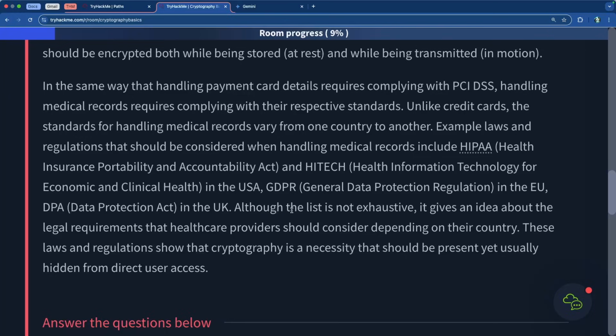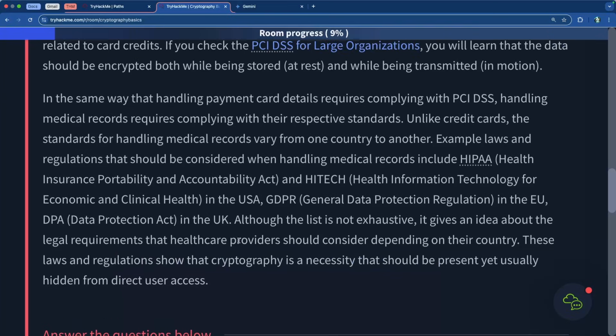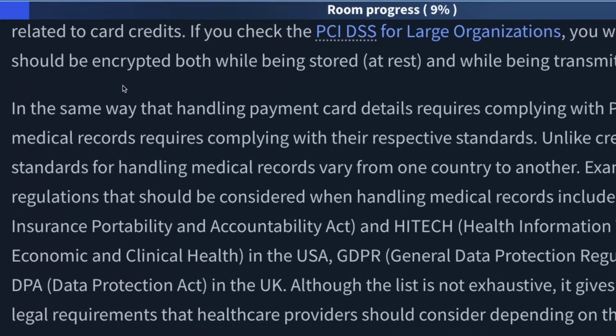This list is not exhaustive because there are so many regulations. It just gives you an idea of all the legal requirements that healthcare providers should consider depending on their country and so on. So these laws and regulations show that cryptography is a necessity that should be present, yet usually hidden from direct user access. Just to give you an idea of what it actually looks like,